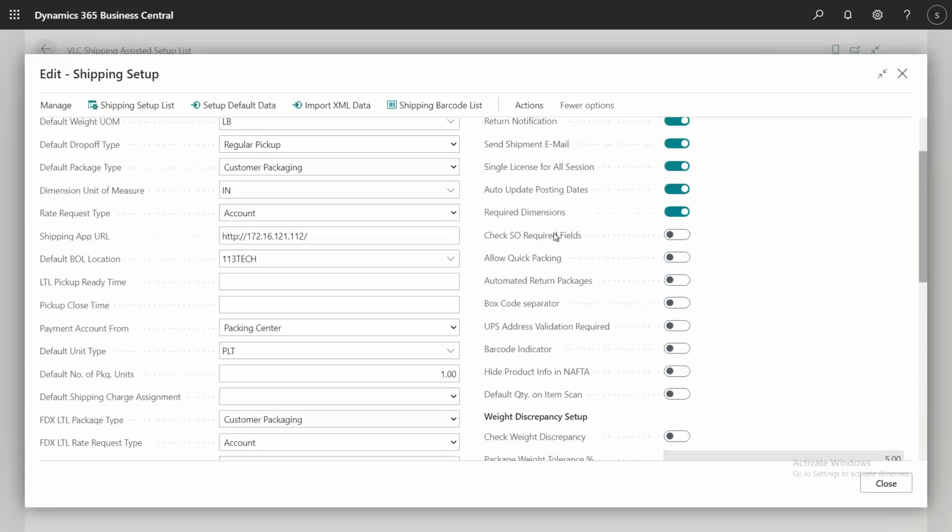Another one we have is the sales order required field. When you are going to release the sales order, and if you want to put some mandatory fields, you can also enable it. Some of the fields which are required in the shipping, so you can use it. Okay, that's good to know. I will show you where you can set that up. So later we'll do it.